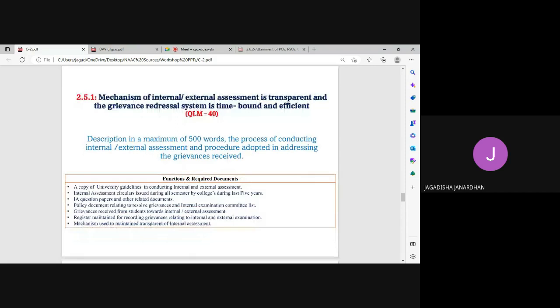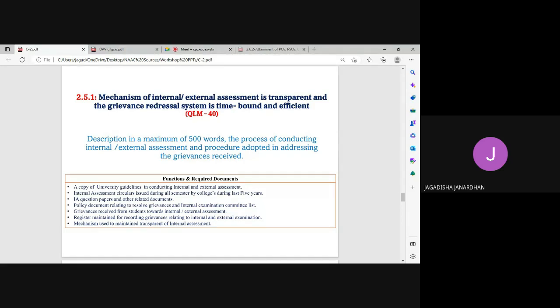Here, 2.5.1: the mechanism of internal or external assessment is transparent and the grievance redressal system is time bound and efficient. Here we should understand what mechanism we are following only in relation to internal examination. If you have any practical sessions or postgraduation, then external assessment as well. If the institution is offering only UG programs, which don't have any practical, then only internal assessment has to